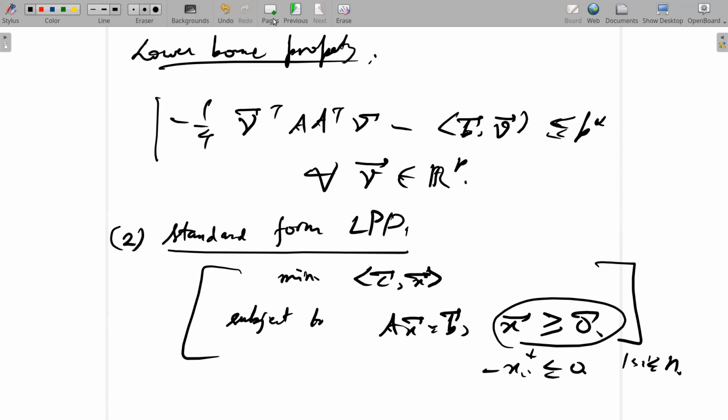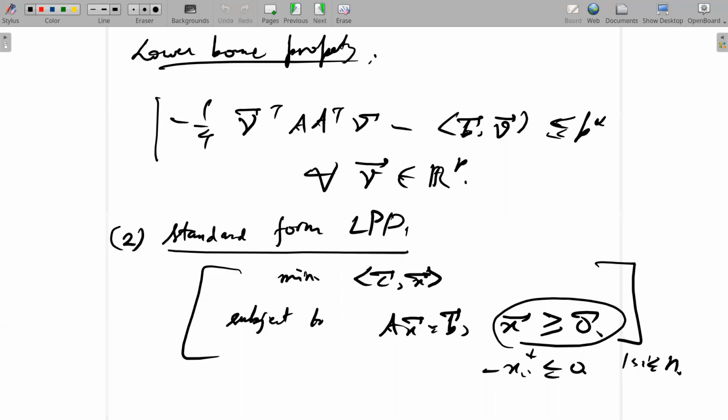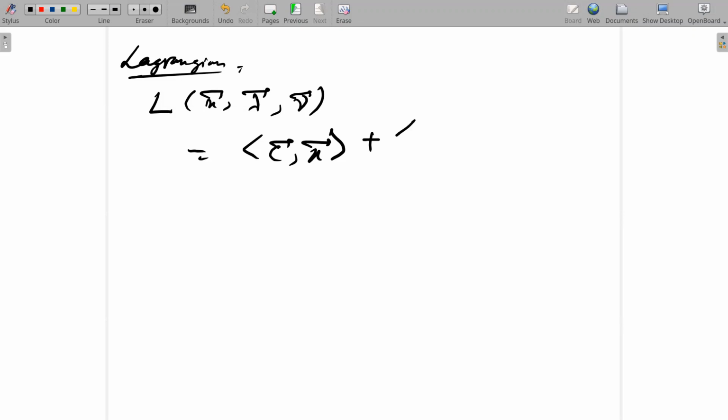So now again, I'll go through the motions. I'll just figure out what the Lagrangian is, then figure out what the dual function is, and then I'll figure out what the weak duality really says. So here, for the Lagrangian, I have inequality conditions also. So I need both lambda and nu. Here I just needed nu, but in this case I'll need both. So L of x, lambda, nu. First of all, I need the objective function f naught x, then plus